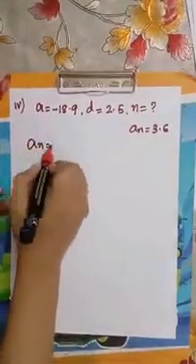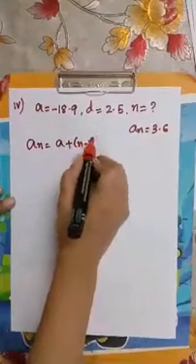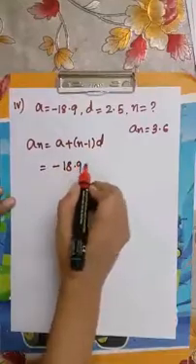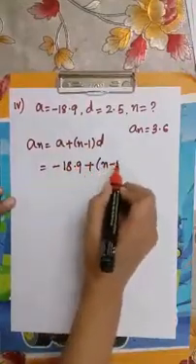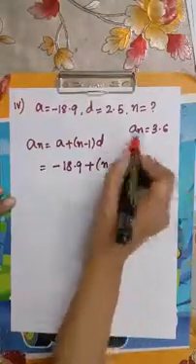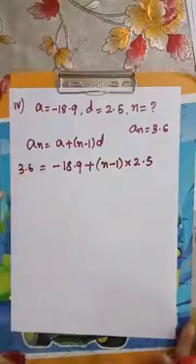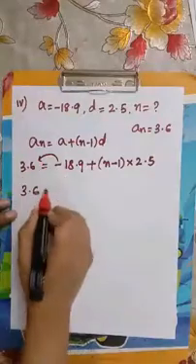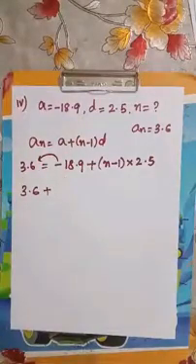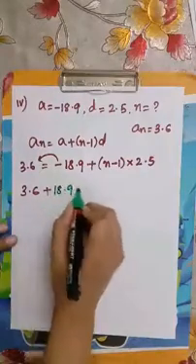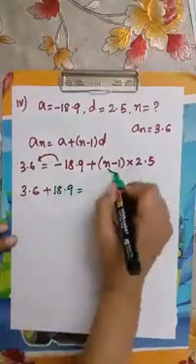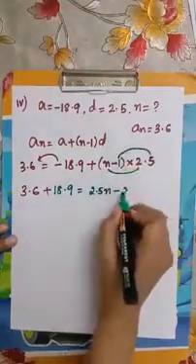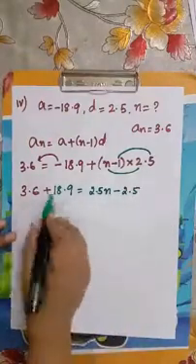AN is equal to A plus N minus 1 into D. That is A की वैल्यू कितनी दी हुई? minus 18.9 प्लस N तो फाइंड करना है तो N minus 1 into 2.5. हमको AN की वैल्यू दे दिया 3.6. Is it clear? So 3.6 माइनस इज इक्वल टू के इधर आते क्या हो गया हमारा? प्लस. माइनस आते इधर प्लस हो गया. 3.6 प्लस 18.9 is equal to, now multiply this, n into 2.5, 2.5n minus 1 into 2.5. इसको अब ऐड कर लो माँ दोनों को.